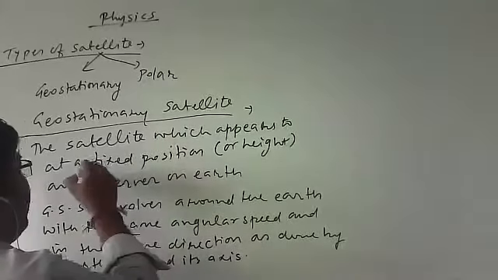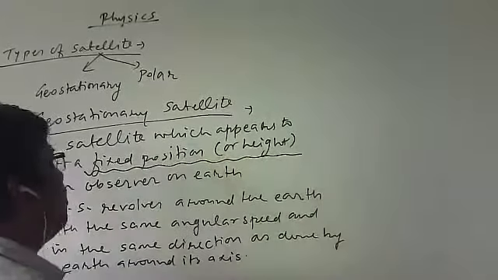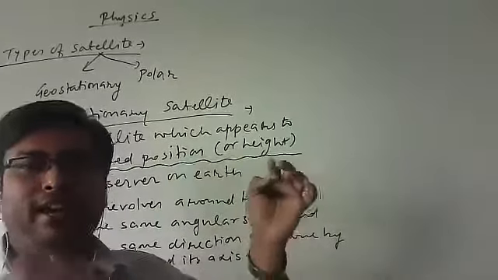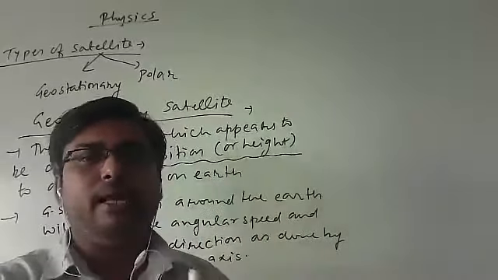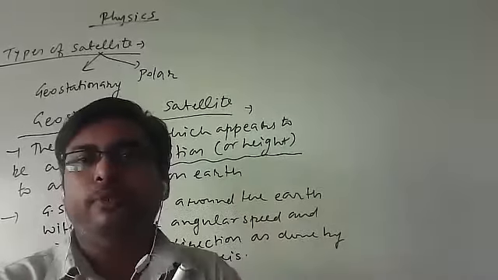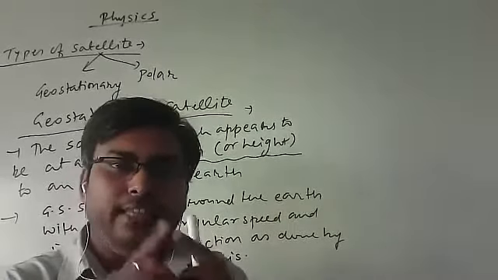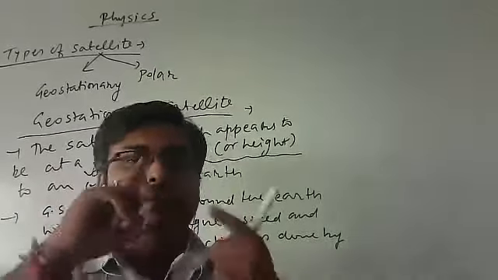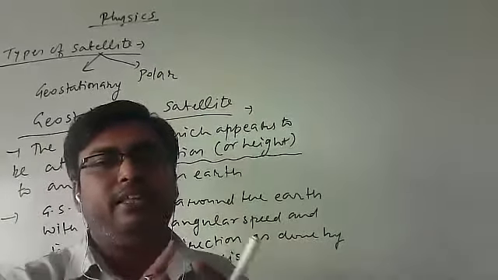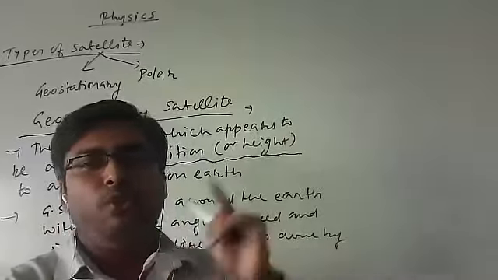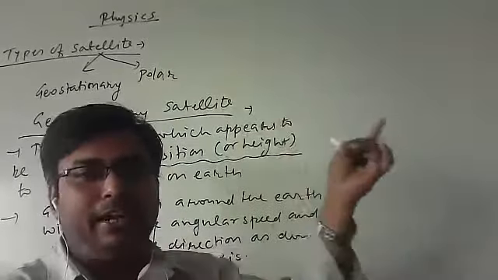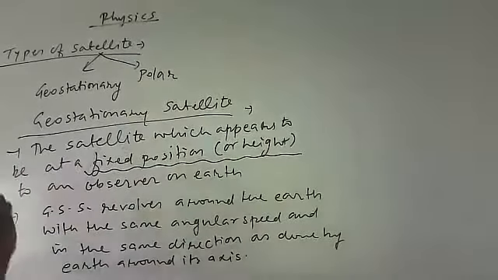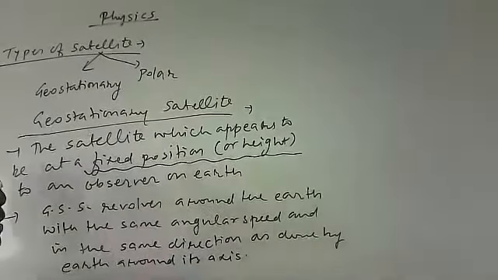Because we have seen that the position of a geostationary satellite is fixed, or at a constant height, with respect to an observer who is seeing the satellite from Earth, this satellite always appears at the same position. How is it possible? This is possible only in one situation: if whatever the speed by which Earth is revolving on its axis in the same direction, the satellite also has a similar angular speed in the same direction, then there is no relative movement between the satellite and the observer on the Earth. That's why the position of the satellite is not changed with respect to the observer on the Earth.